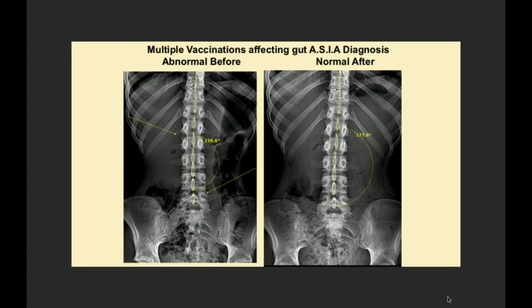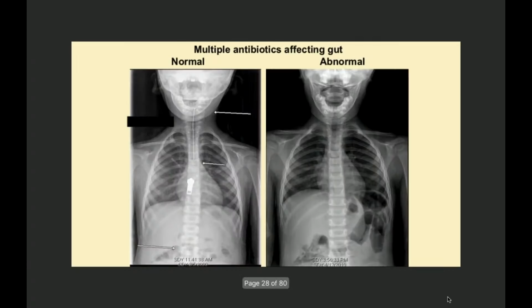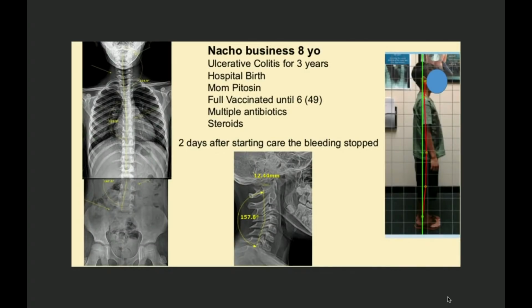Okay, and here's one, normal kid on the left, injectable damaged on the right. Oh, this kid was cool. I think he's 10 or 12 years old now. But I asked, what name can I use? Because he had some bowel disorders. But look at his history: ulcerative colitis for 3 years and you're only 8.